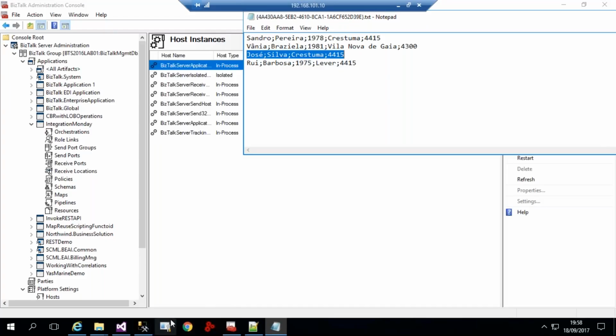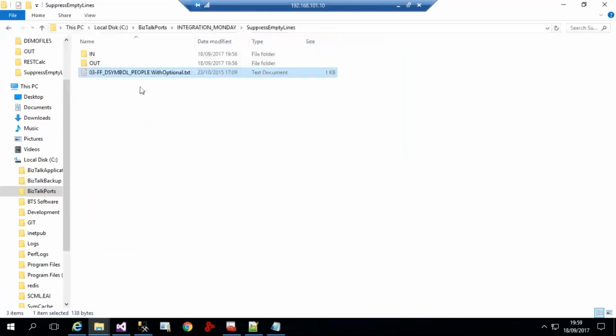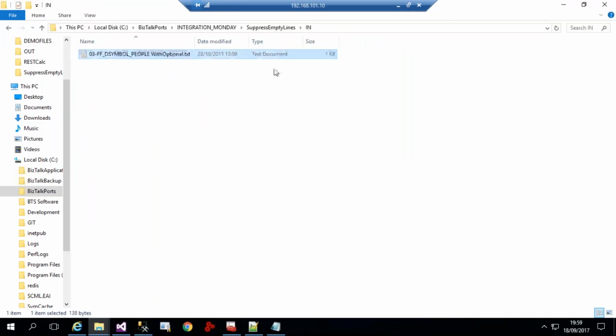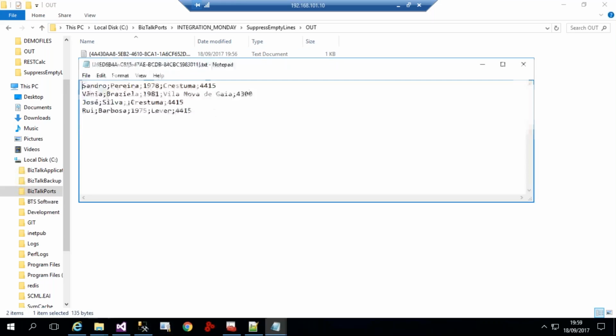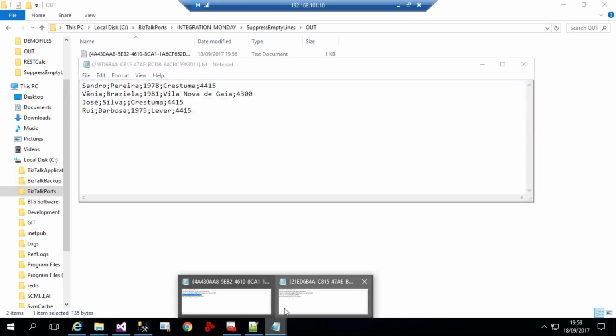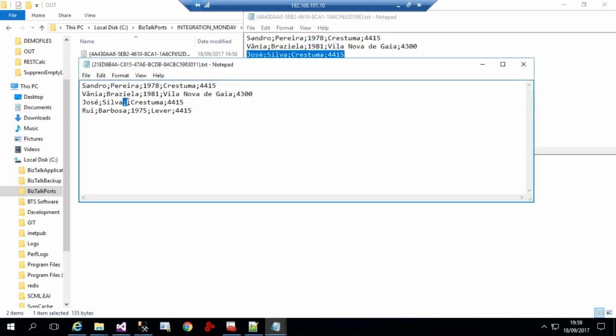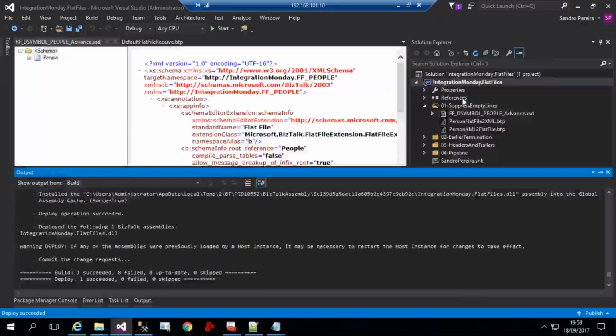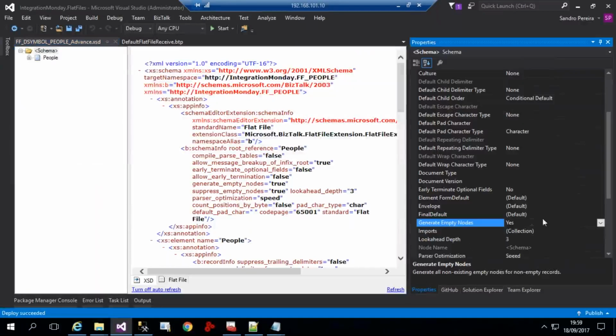So now if I place the file again, I will see that my output now contains that empty element that should be there. Okay. Fortunately for us, this property by default is set as yes, but be careful when you change all of these